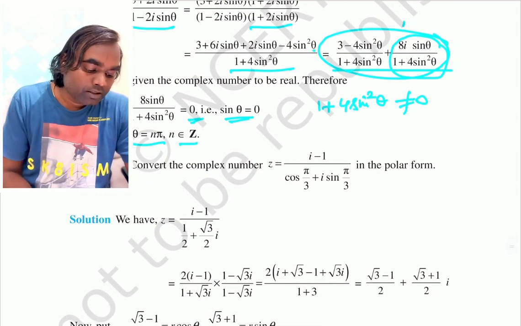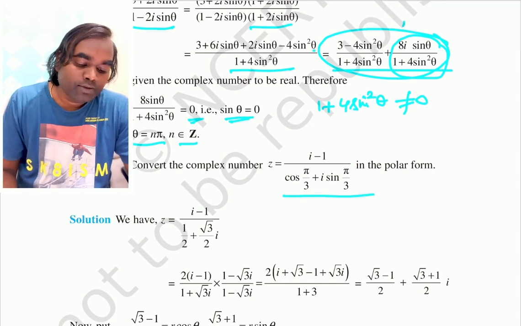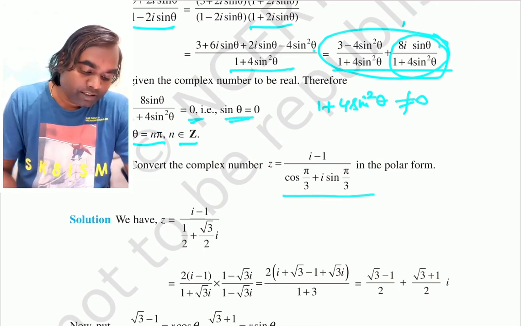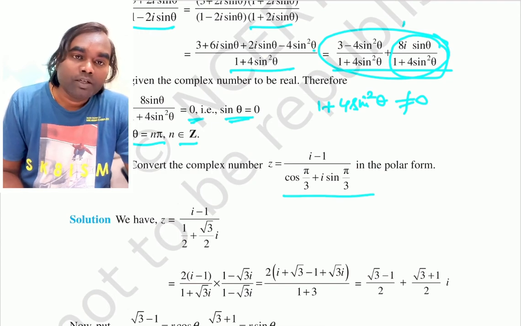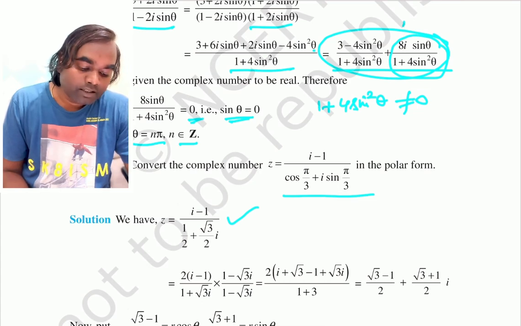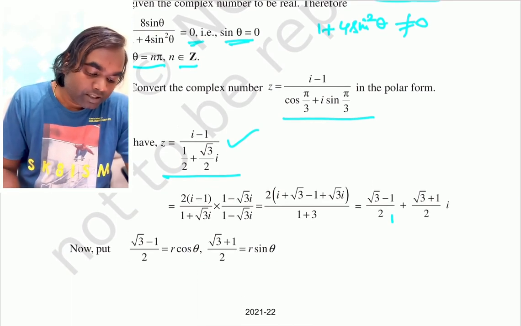Now example number 16. Convert the complex number into polar form. For this you will first simplify it in the form a plus ib. For that you will substitute the values of cos pi by 3 and sin pi by 3. So cos pi by 3 is equal to 1 by 2 and sin pi by 3 is equal to square root 3 by 2. So you will get this. After simplification you can get this,